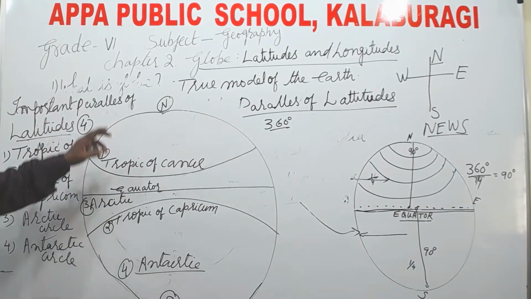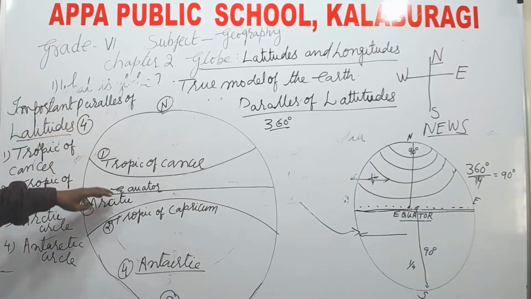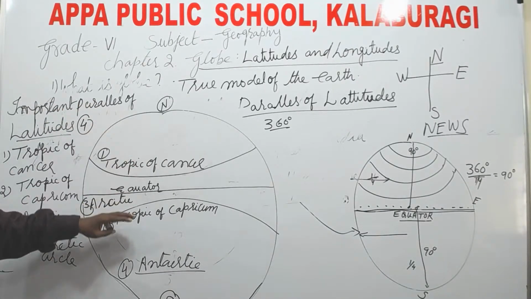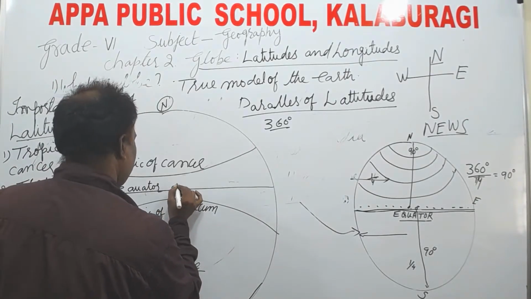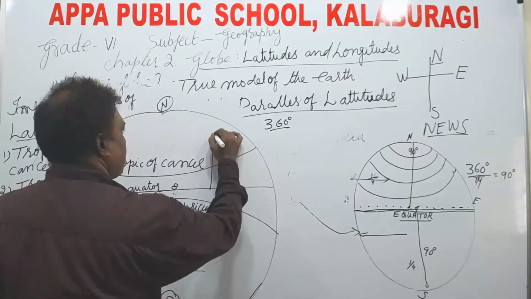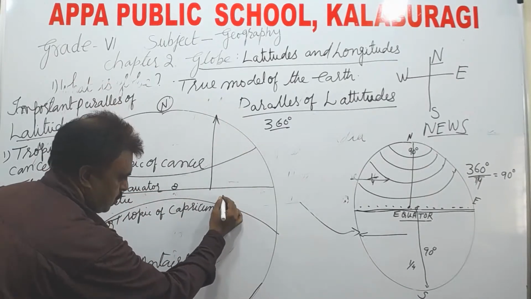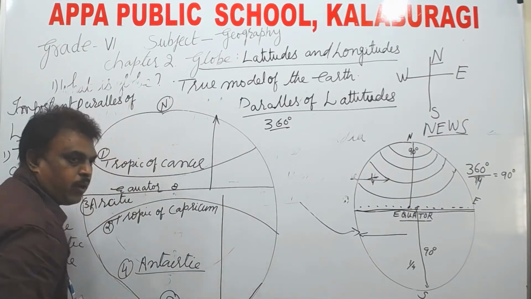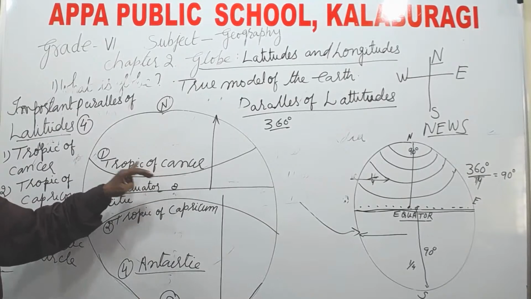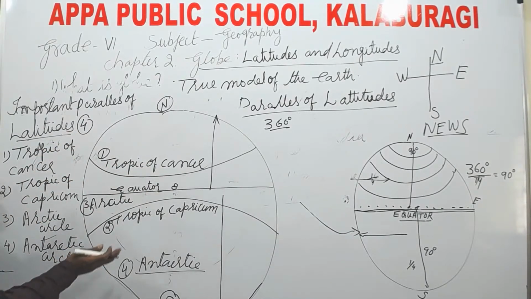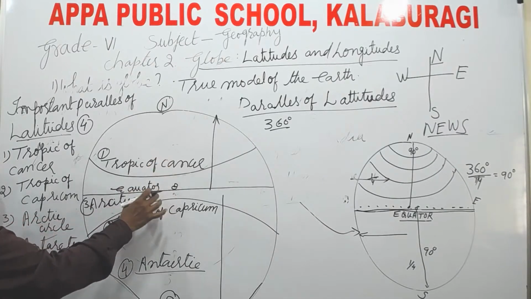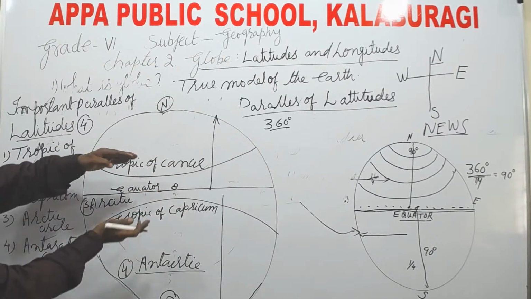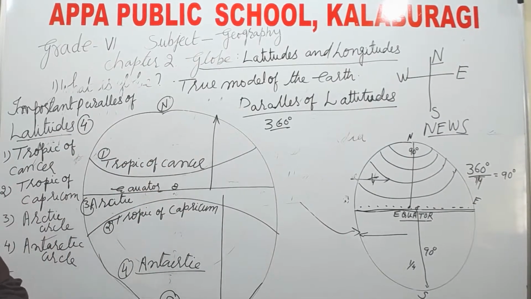So these are the places equally divided from 0 degrees to this side, the northern side, and this is the southern side. They have been divided. If it is divided into two parts equally, the Tropic of Cancer is apart from the equator, and here the Tropic of Capricorn is divided. So if you focus on this